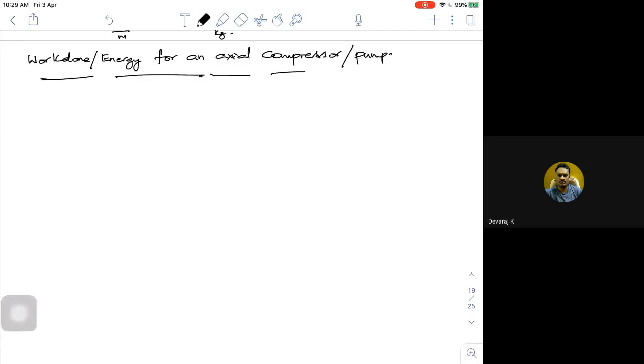So what is the expression for the work done? We already know that work done is given by VW2 minus VW1 into U. I think in a couple of textbooks, they give this as VW2 minus VW1 into U by GC. GC is the term which is used in CGS units, but in SI, the value of GC is 1. It's unity, so you can just neglect it.